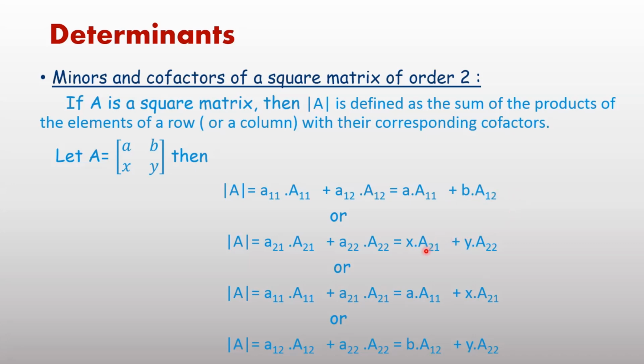Same pattern here. If you solve the third case or the fourth case, in every case you will get the same value, ay minus bx. Or you can say, using cofactors, if you expand it, then the value of the determinant remains the same. If you expand it along the first row, second row, first column or second column, the number you get is unique in all four cases, and that number is known as the determinant of the given matrix.